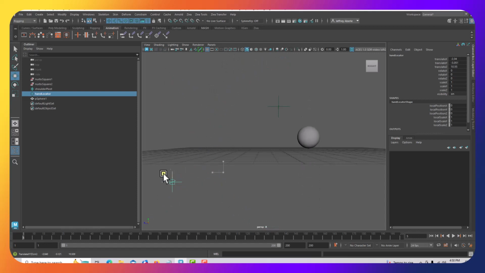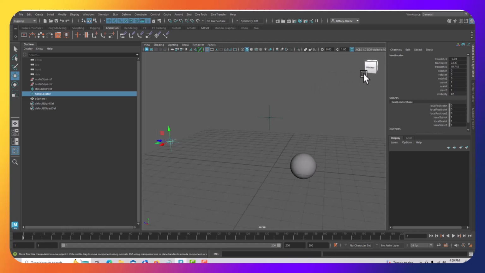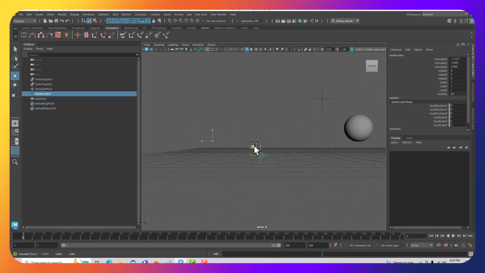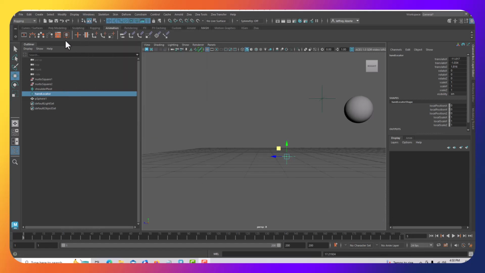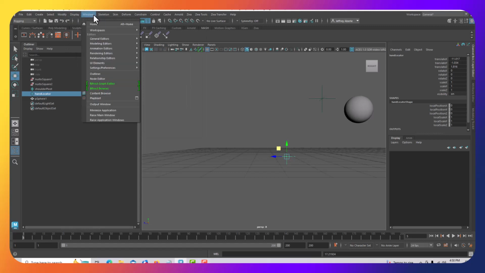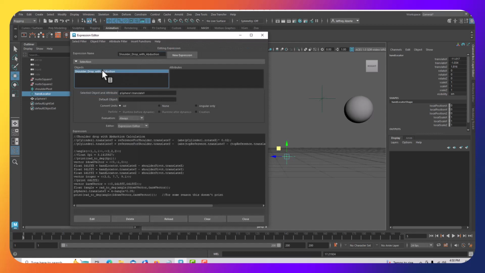Now it doesn't matter where I go out here, and it doesn't matter if I go on the other axis. So I'll just show you how I do this. It's actually really simple once you see it. It just took me a little while to figure it out. And other more veteran users in Maya probably go, this is pretty stupid, but I think this is pretty neat. So what I did here is I just used expressions. If you go to this little thing here, Windows, Animation Editors, Expression Editor,